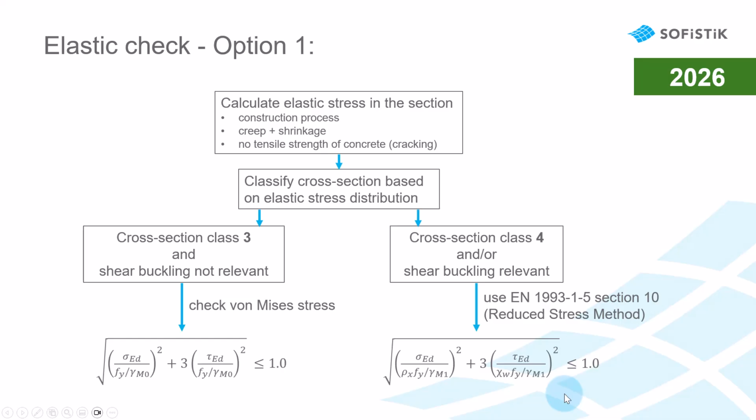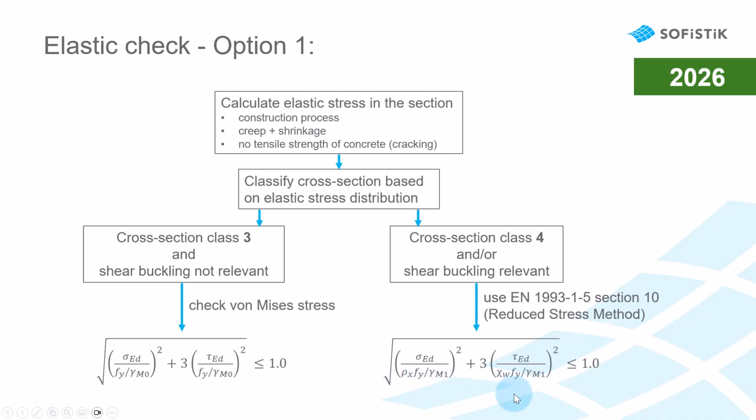Here we provide two options which differ in the way the interaction between bending and shear is treated and how local buckling effects are taken into account for class 4 sections. In the first option, the interaction between bending and shear is done based on von Mises stresses for section class 3, and for sections of class 4, or if shear buckling is relevant, by its generalization, the reduced stress method, where the effects of local buckling due to compression or shear stresses are taken into account by the corresponding reduction